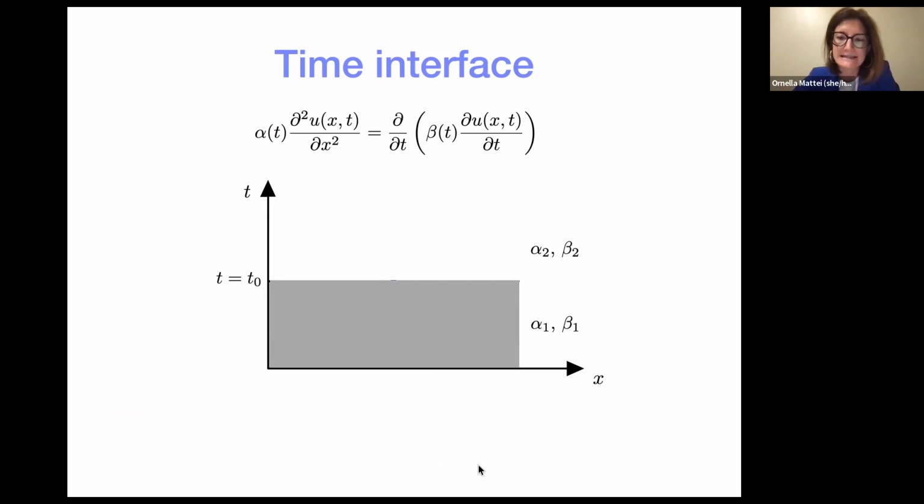So what I mean is, if you take, for instance, a one-dimensional element, in this space-time diagram, the horizontal axis is space, the vertical axis is time. At time t equals 0, you start with a material that has properties alpha 1, beta 1. And then you do something from the outside. You change the external applied field so that your material will turn from material 1 to material 2, with properties alpha 2 and beta 2.